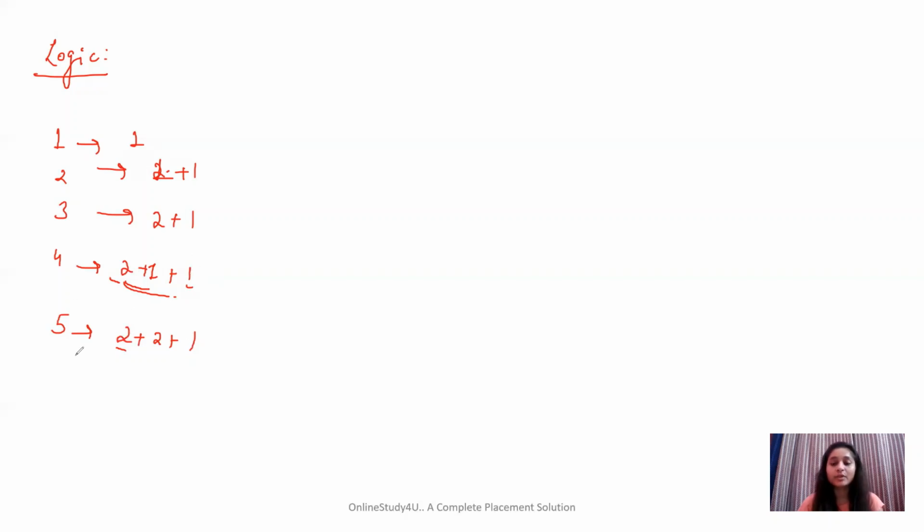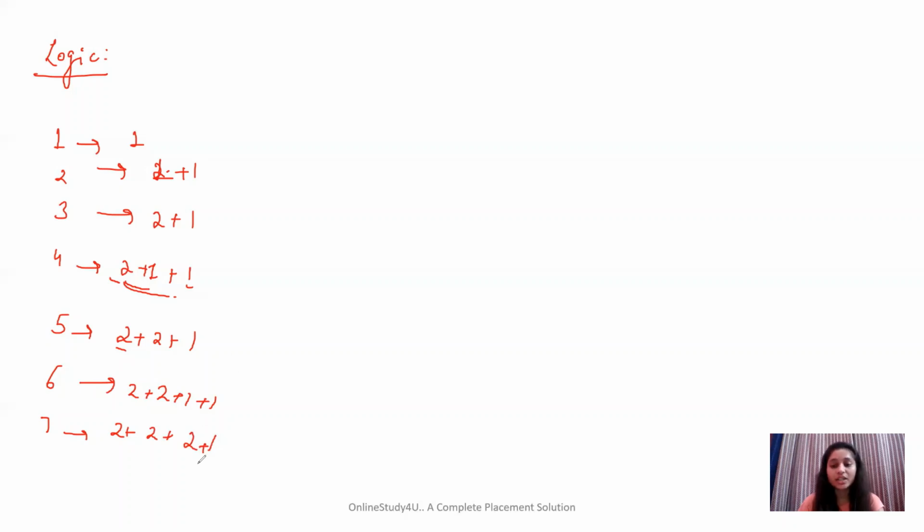So yeah, I would be able to make all the points out of this pattern. Now coming on to 6, for 6 I can go with 2 plus 2 plus 1 plus 1. Yeah, this can be one of the possible. Now for 7, I can take 2 plus 2 plus 2 plus 1. Yeah, I would be able to make all the coins from 1 to 6.